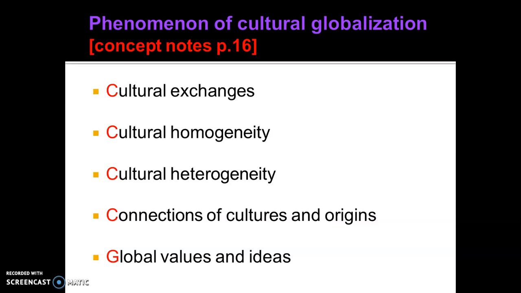哇，好多嘢要背喎，點算啊？好崩潰，唔緊要。Remember 4C and 1G，紅色4個都係 C 字頭開始嘅 concept。最後嗰個係咩啊？Start with letter G. Okay, 4C, 1G. This is how you should remember the phenomena of cultural globalizations. Okay, cultural exchanges, it means more interactions between different parts of the world. And then for homogeneity, heterogeneity, more connections, I will explain to you later on. Global values will also explain to you later on.